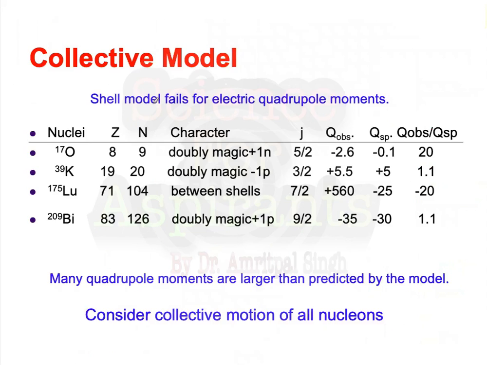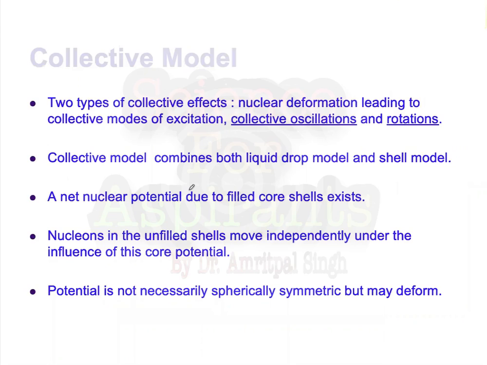So what are the limitations which have not been overcome by the shell model? They have been explained by the collective model. Now, if you look at this, many quadrupole moments have larger values as compared to the predicted value. These are some of the quadrupole moments whose values by the shell model are coming out different from the experimental values. Why the quadrupole moment value comes out different has been explained by